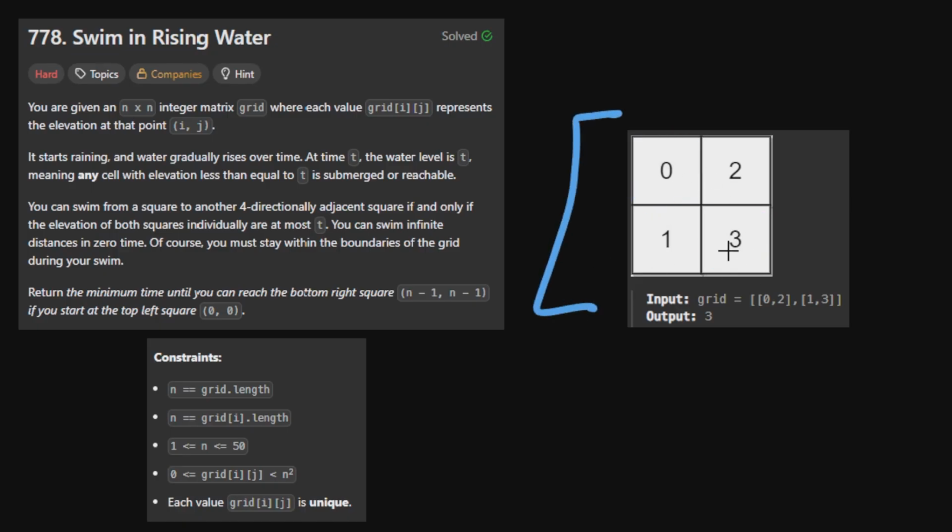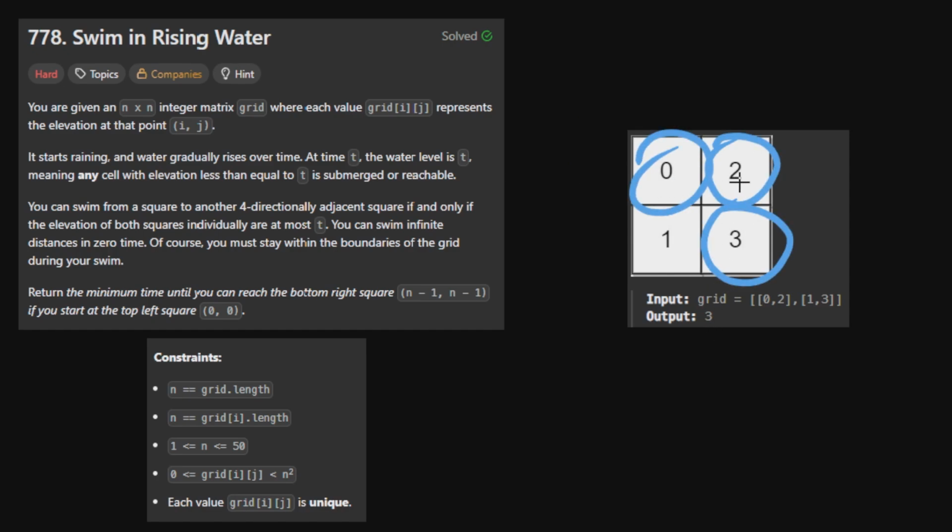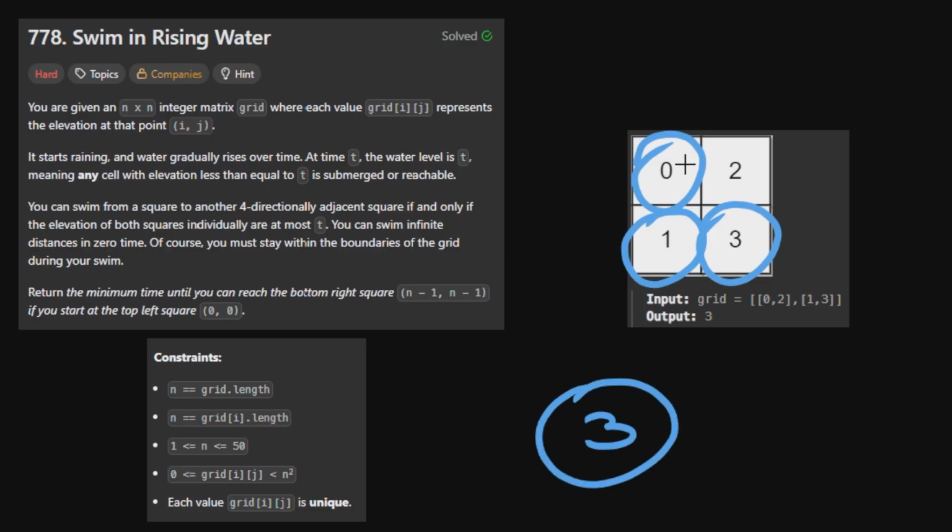For this example, we have 2 paths. We can go from 0 to 2 and from 2 to 3. The total time required to reach 3 with this path is 3. So we have one path which requires 3. The other path is we start here, we wait 1 second, we move here, we wait 2 more seconds and we can go here in 3 seconds. So we also get a 3 with this path and the minimum among these 2 paths is 3,